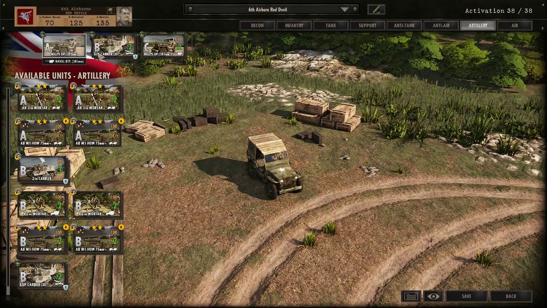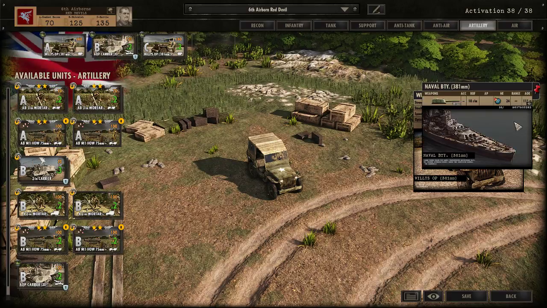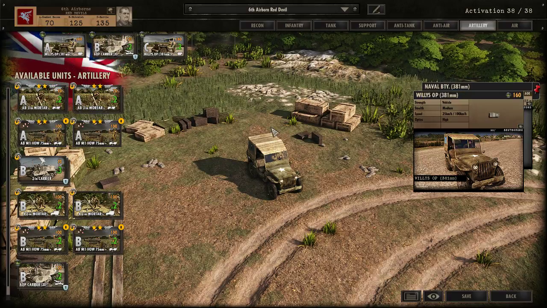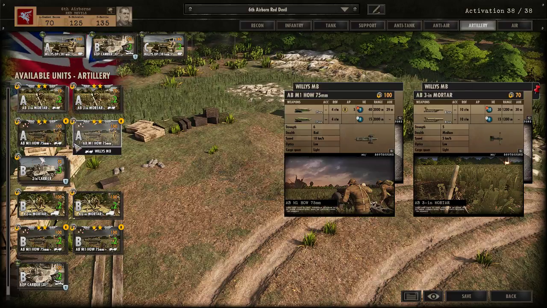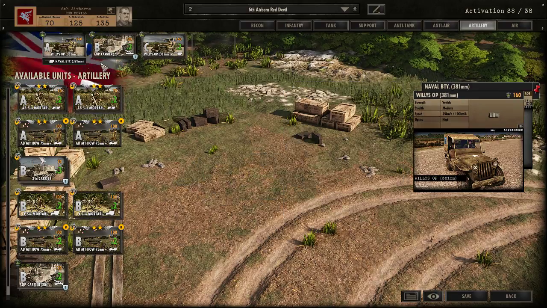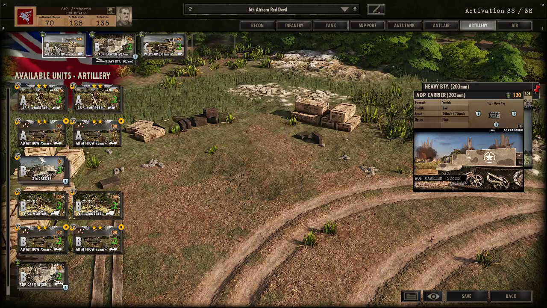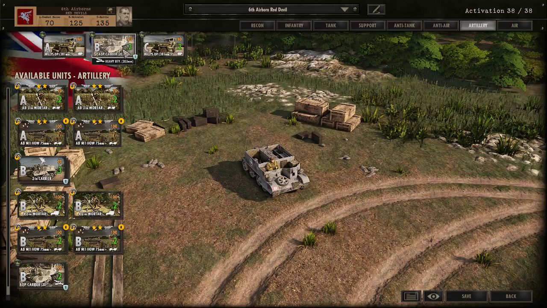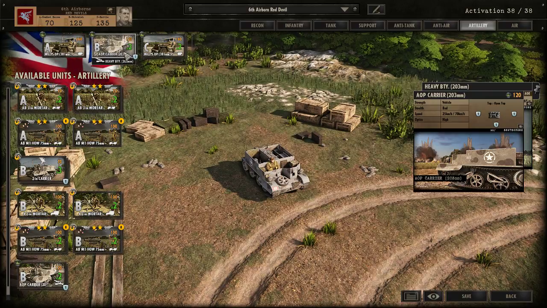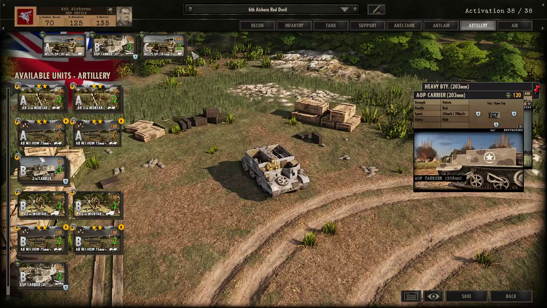Support wise, I bring those really OP 381mm, so that's off-map support artillery from ships. Now you can see here you actually have a good amount of diversity for the support, but so far I found that these off-map artillery, like the AOP carrier 203mm here, provide a good support that can allow you to really stall the enemy